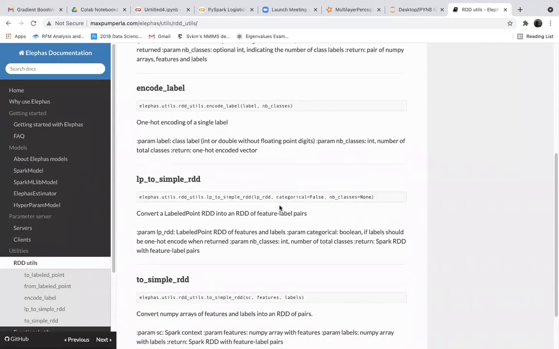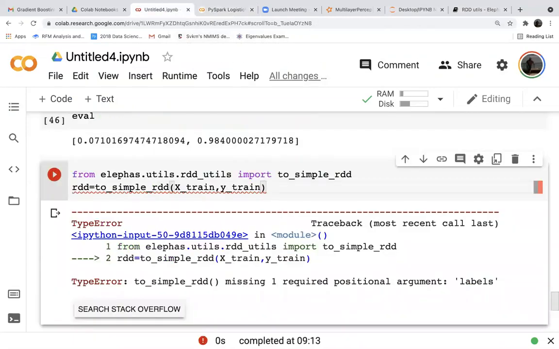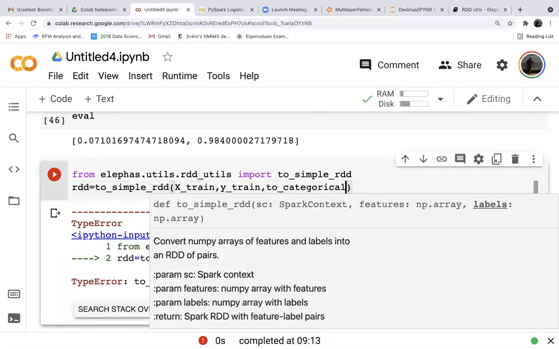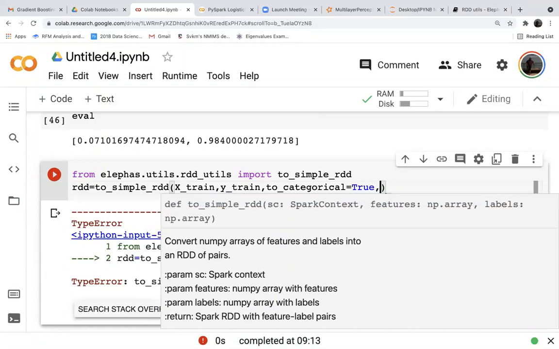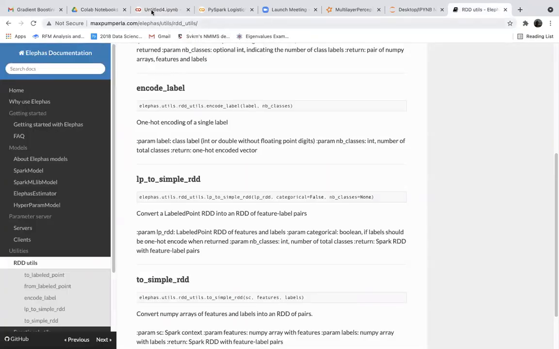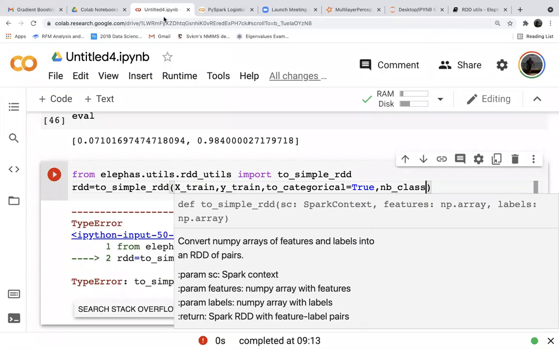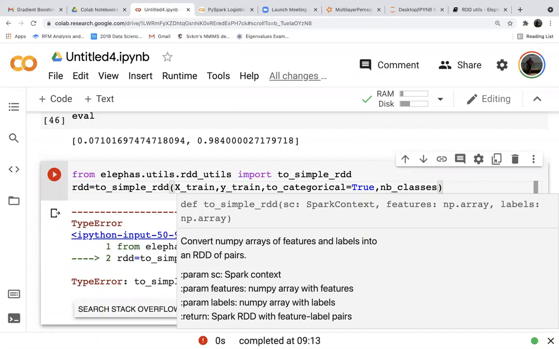So we have to give categorical equal to true, nb_classes equal to 10. categorical equal to true, comma, nb_classes equal to 10.